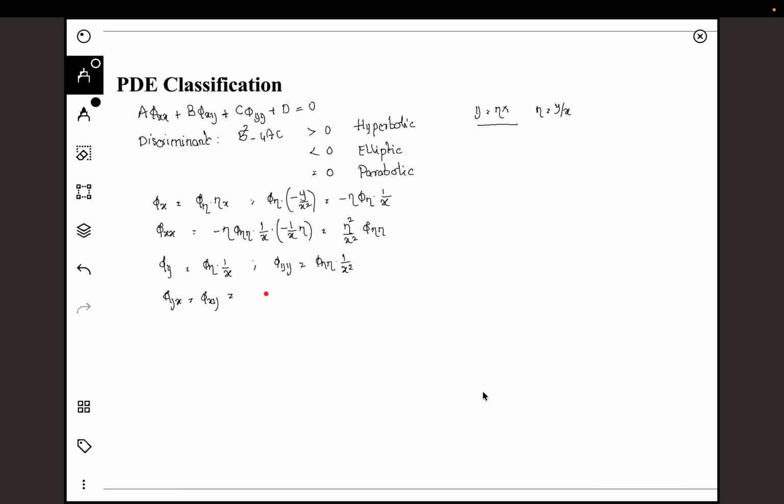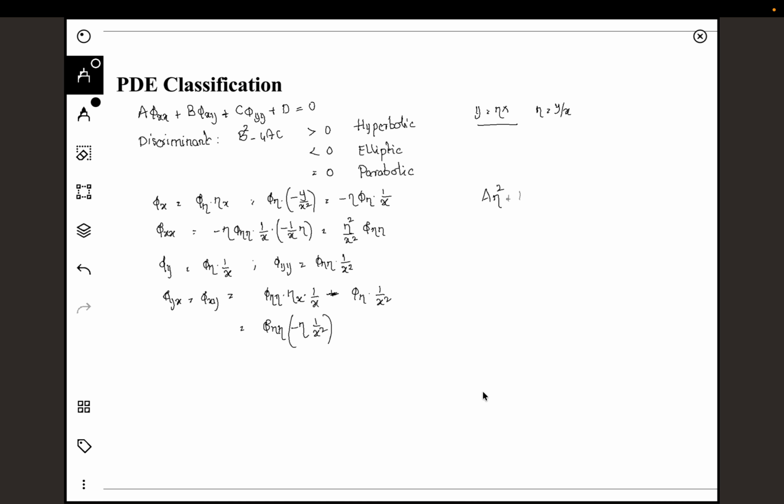If I take a derivative here, so that will be phi eta into eta x into 1 by x, plus or minus phi eta into 1 by x square. So this will be phi eta minus eta 1 by x square and so on. So you can substitute this back into this equation, then you will eventually reach a form of this kind,